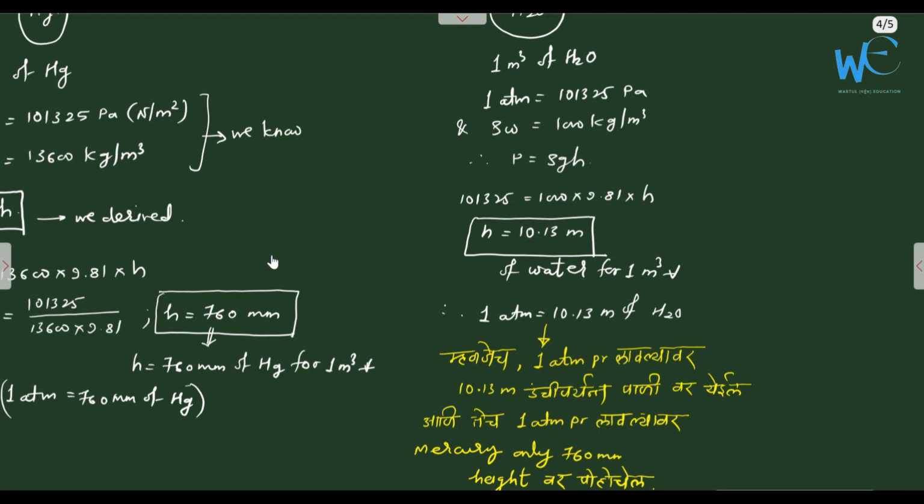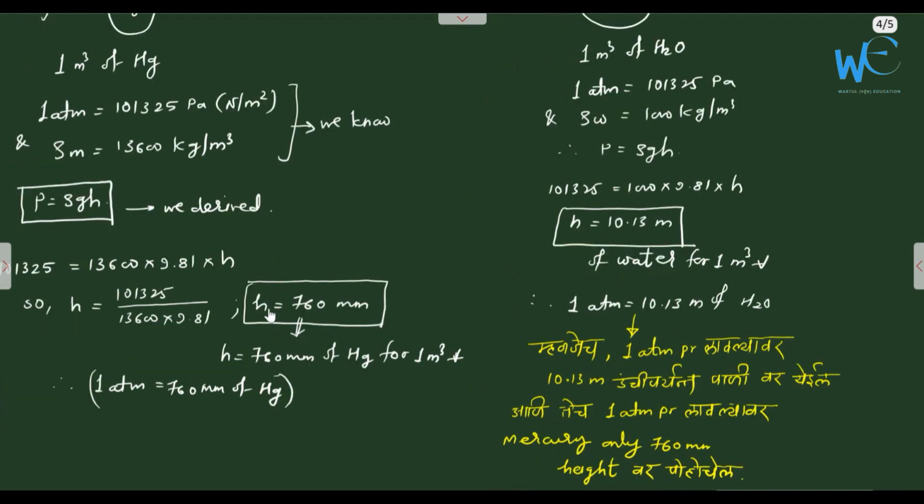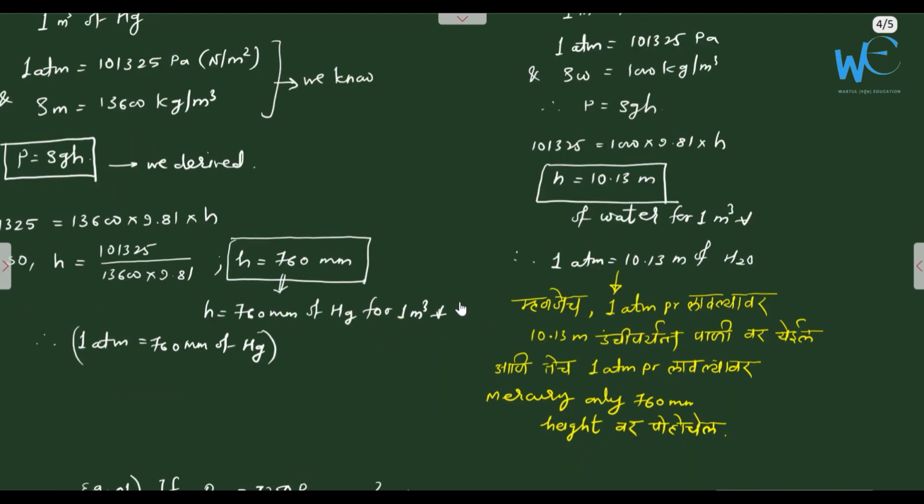And for mercury, you just calculated it, it comes out to be 760 mm. Just see the difference between the two. What I'm trying to tell you is, if I put 1 atmospheric pressure, water will rise up to 10.13 meter height, but mercury will rise only 760 mm, which means I just